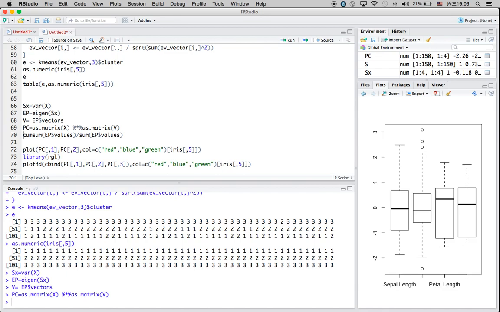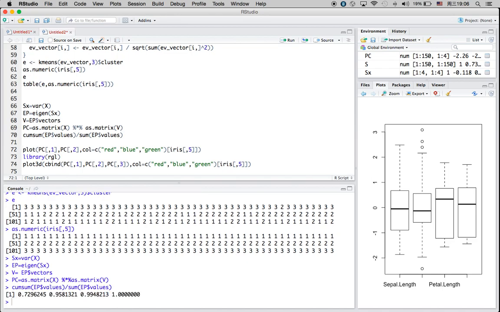There is also a built-in function in R, but I would suggest that you understand the math rather than just using a package other people developed. PCA is a dimension reduction method,